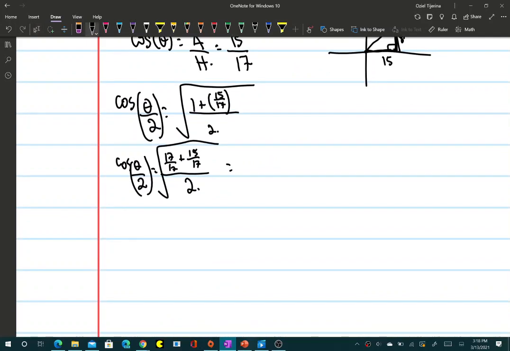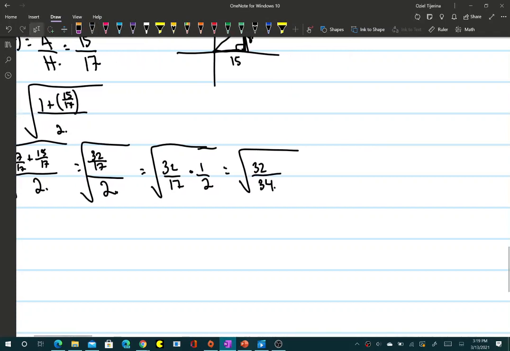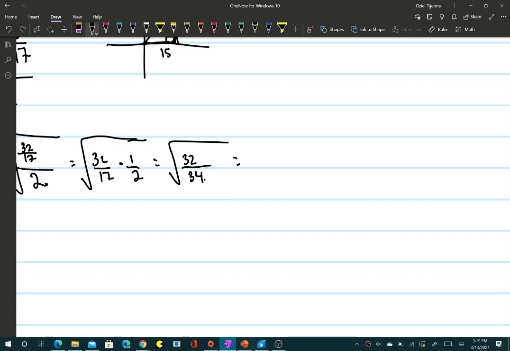And then you would say this is equal to, I believe, 32 over 17 all divided by 2, and then you would take the square root of that. And then you would say this is equal to the square root of 32 over 17 times 1/2, which is equal to the square root of 32 over 34. Now, you can simplify that, and you can say that this is equal to the square root